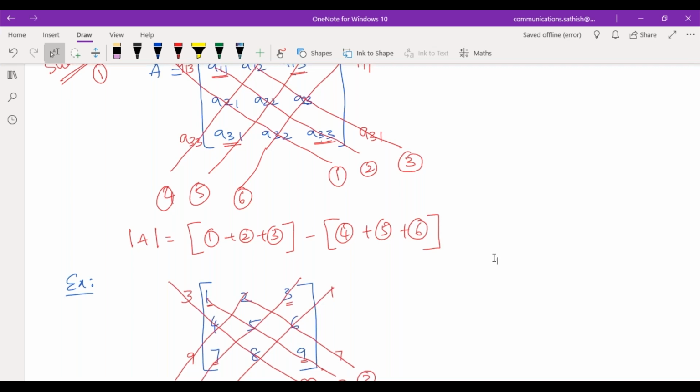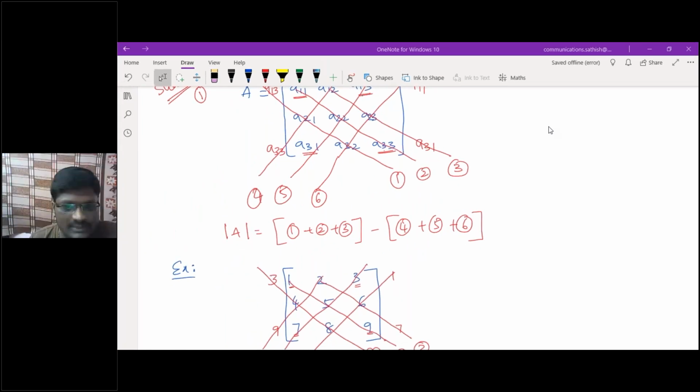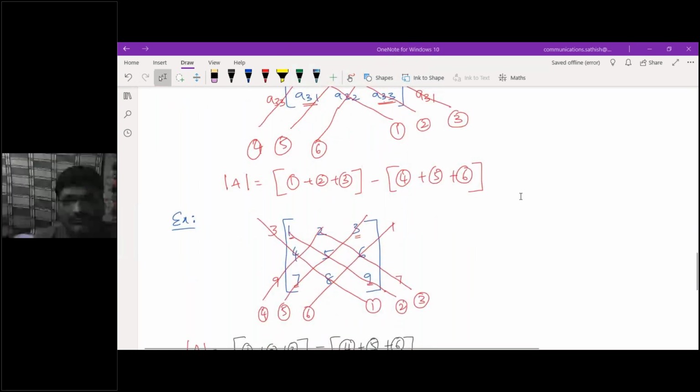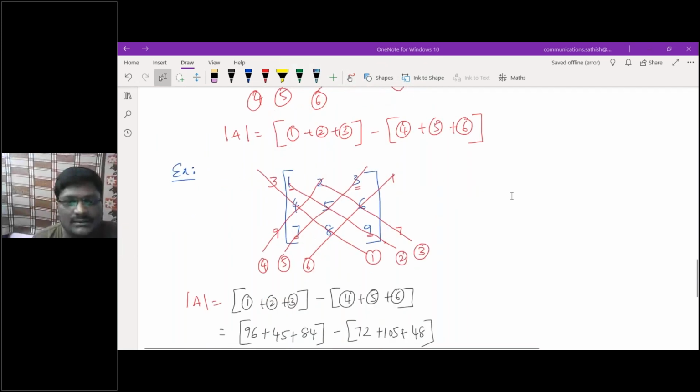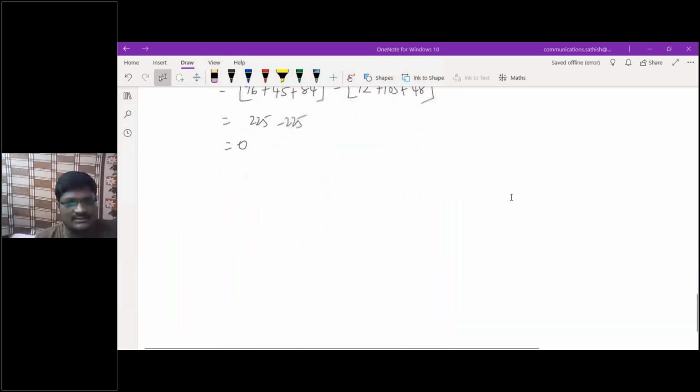So let me go with the determinant of a matrix. I hope up to the part of the explanation of a determinant, you thoroughly got it. I want to explain one more time the shortcut for that. Am I correct? Yes, sir. So one more time, I'm explaining it here. Just try to listen.